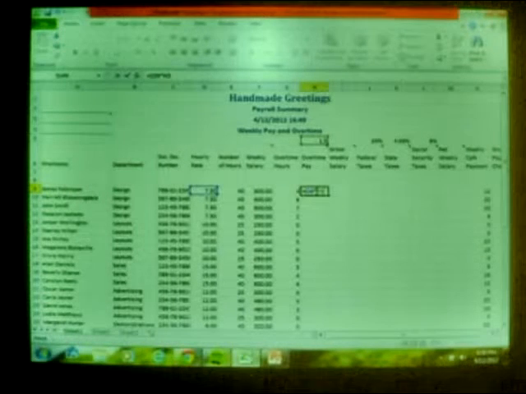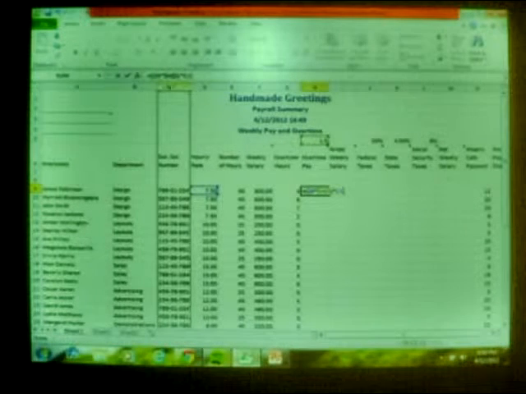And we're going to make this absolute by adding the dollar signs to the reference, and we're going to close our parentheses, and we're going to multiply that times the number of hours worked overtime. And so the formula is equal, in parentheses, D9 times $H$5,